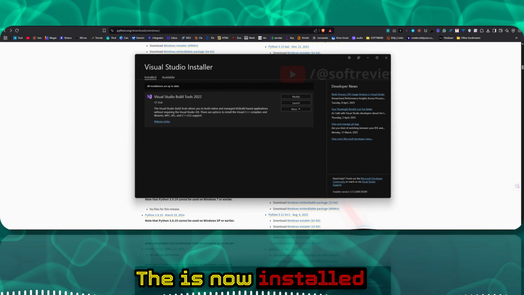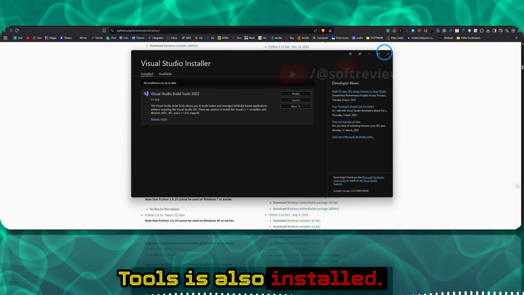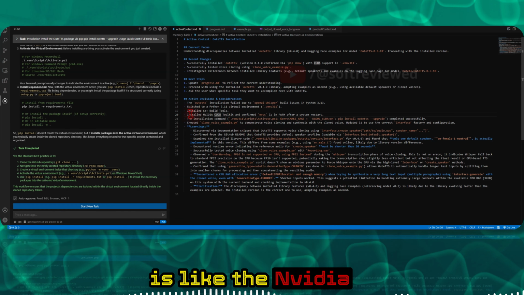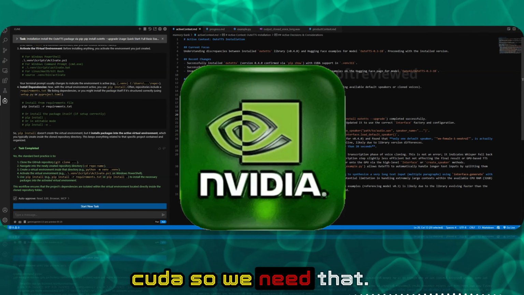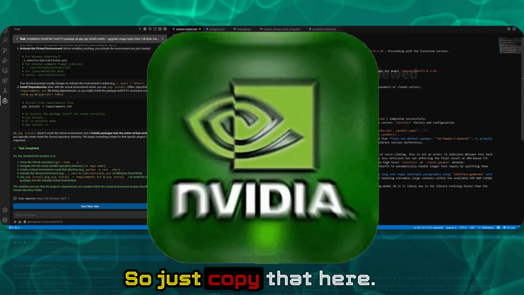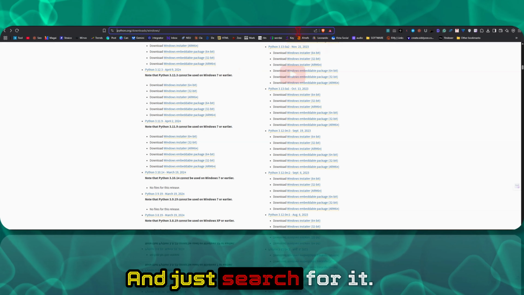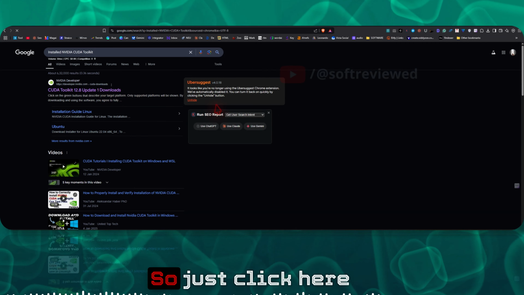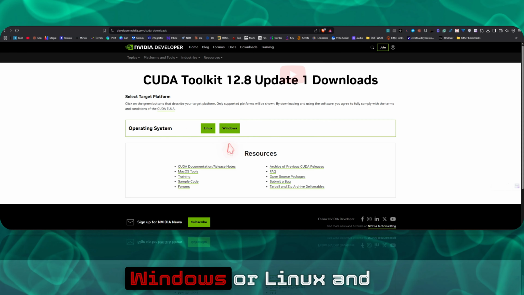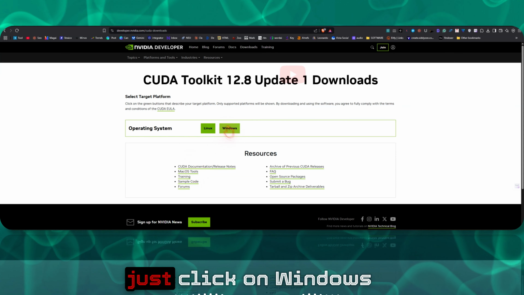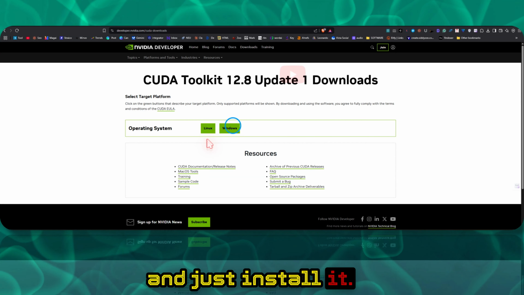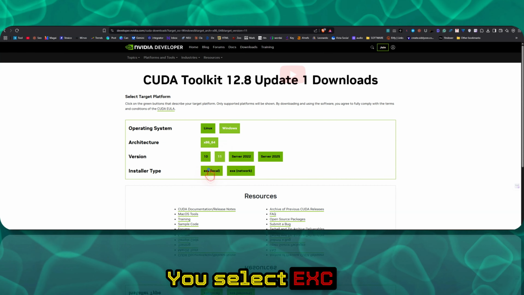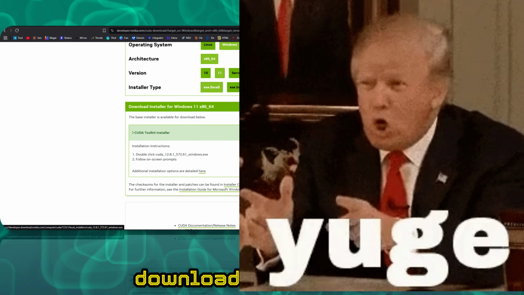Python is now installed. Our Visual Studio Tools is also installed. Then just close it. Now what you want to install is the NVIDIA CUDA Toolkit. So we need that. Just copy that here and search for it. Click here and download it for Windows or Linux. Click on Windows, select the architecture, select Windows 11, select exe local, then download this 3 GB